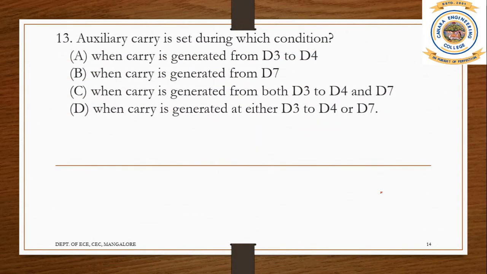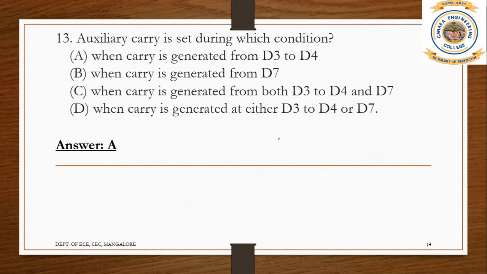Next: auxiliary carry is set during which condition? You have to understand that auxiliary carry is usually set only during an addition or subtraction operation, and this has something to do with the nibble. Our second question was on the nibble, right? One nibble is 4 bits, so that is a hint for the question. So when will the auxiliary carry be set? The answer is A, when a carry is generated from D3 to D4,